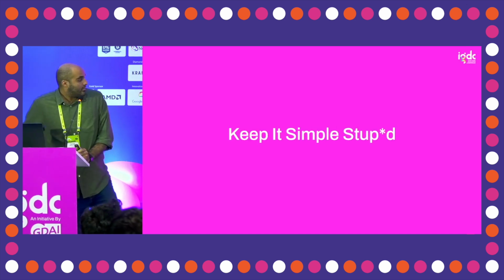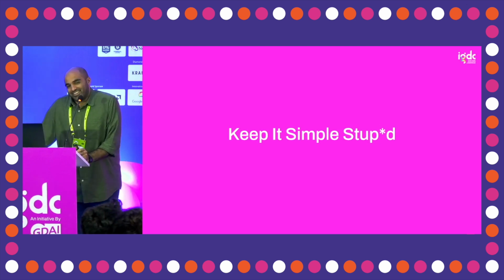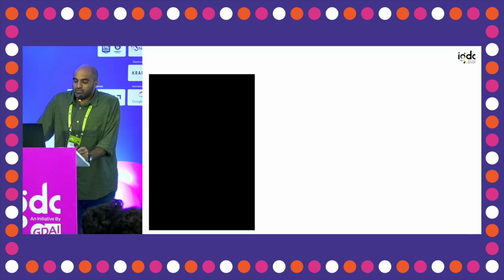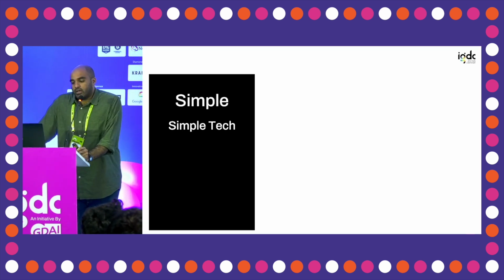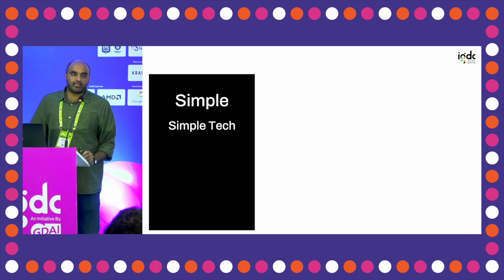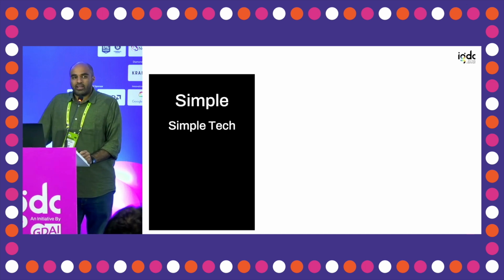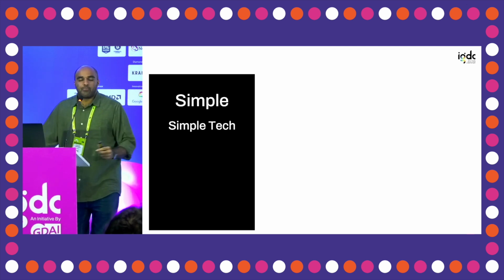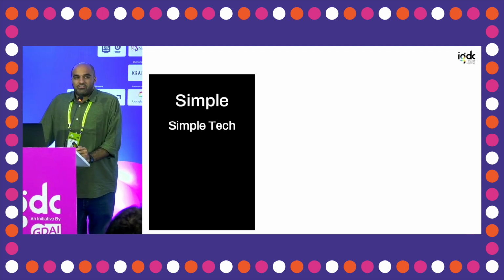I'm not going to swear on stage, don't worry. So yeah, keep it simple, stupid. Sorry. But it's not just simple. I think there are 3 kisses, as I like to call them. The first one is definitely simple: use simple tech. I think people who write code really enjoy these very specific and crunchy algorithms which do magical things and are useful for things like